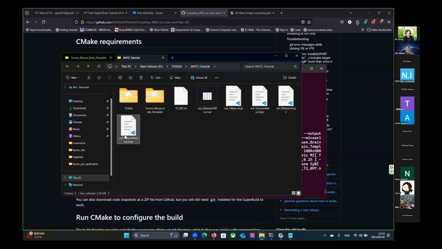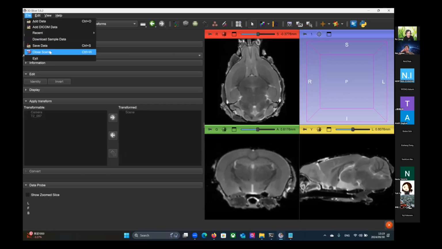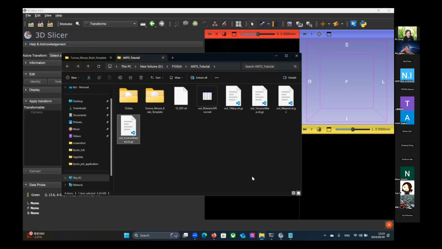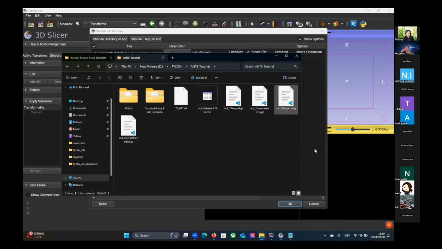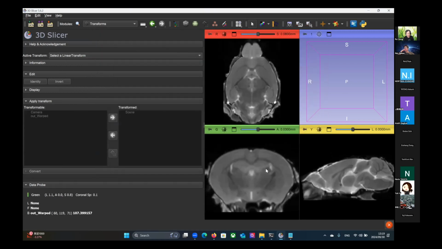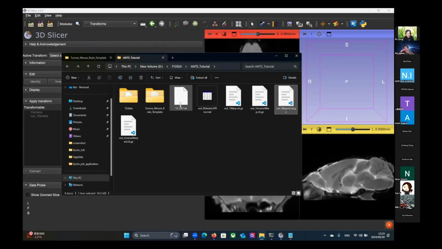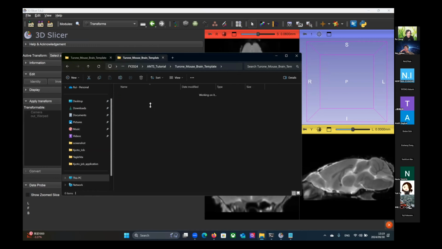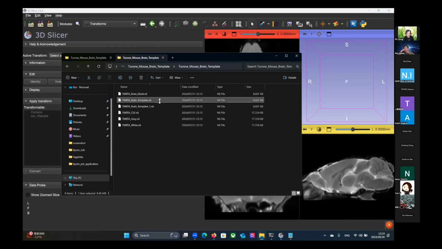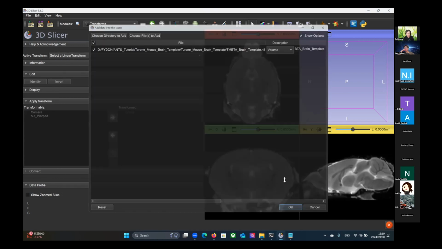And here we also have two warped files. So this one will be this file warped to the template. So we can take a look. Now if you load this, this should be this file warped to the Turone template. So if we also load this,